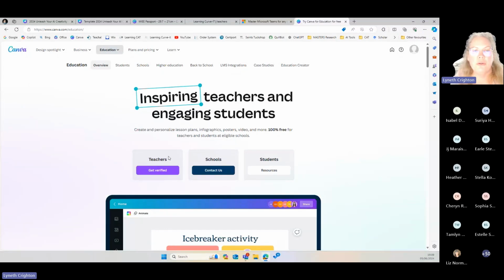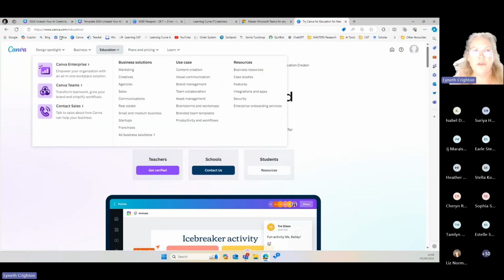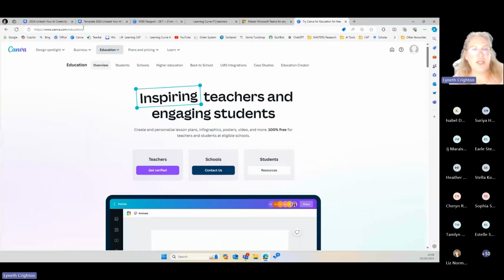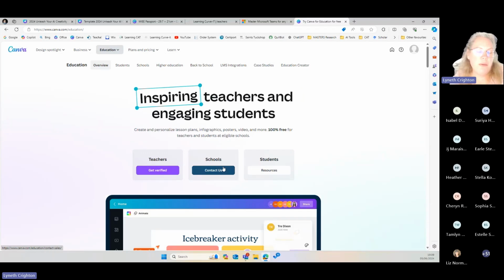So once you've got your letter, you create an account, and then you go to the link I put in the chat, which is canva.com/education. And on this page is where it says get verified. This is the place that a representative of your school can contact them and try and get a single sign-on working.